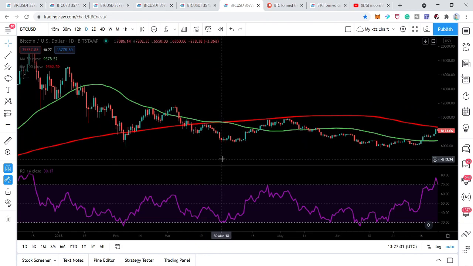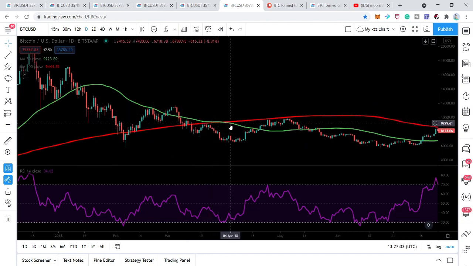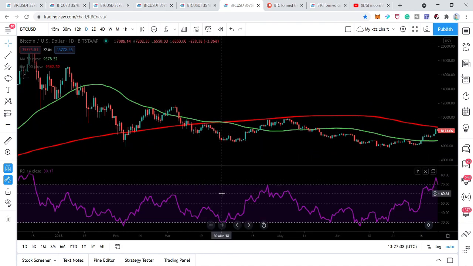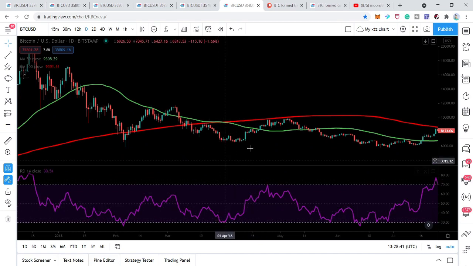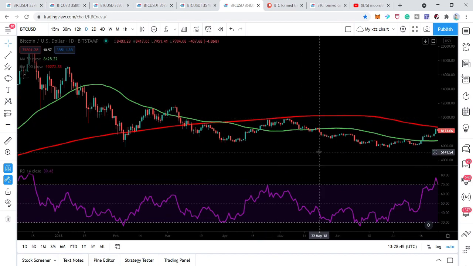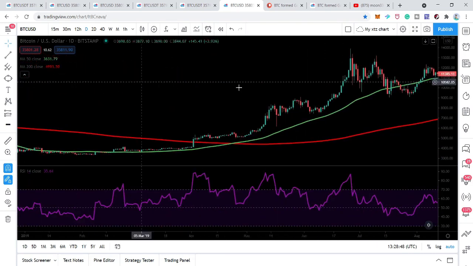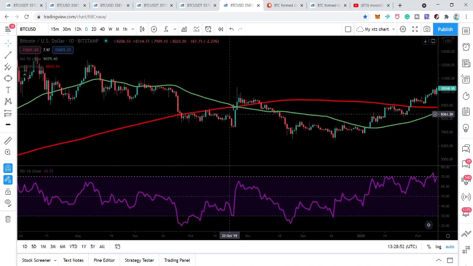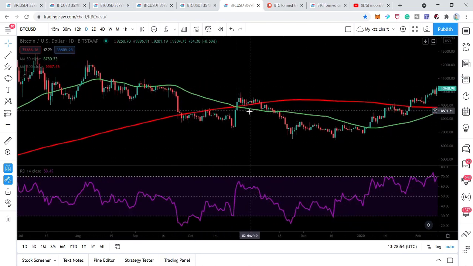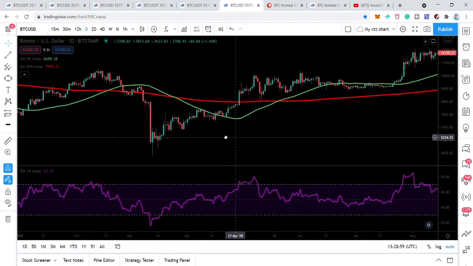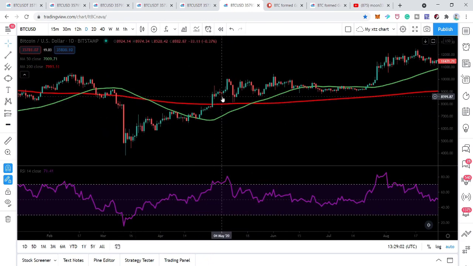At the same time when we were having this death cross formation, the RSI touched the oversold zone, and when the RSI moved to the upside, the price action again followed the signal of the RSI, and we had a recovery rally at least up to the 200 simple moving average. And in the previous recovery rallies, which we have just seen here, the price action started the recovery rally at least up to the 200 simple moving average, and after this death cross, the price action even crossed up the 200 simple